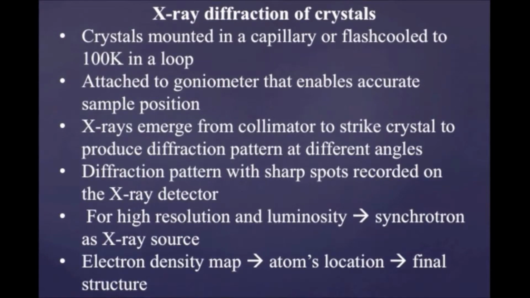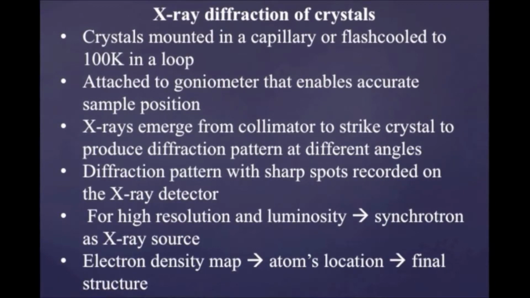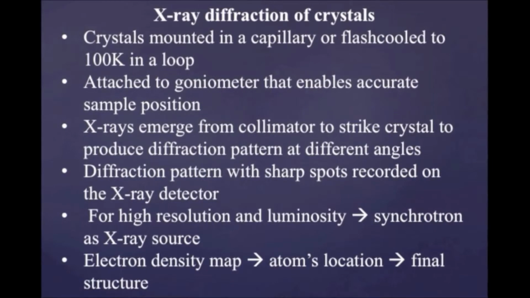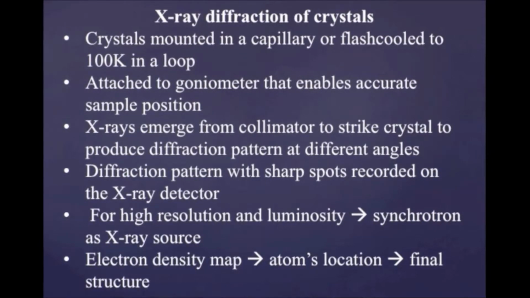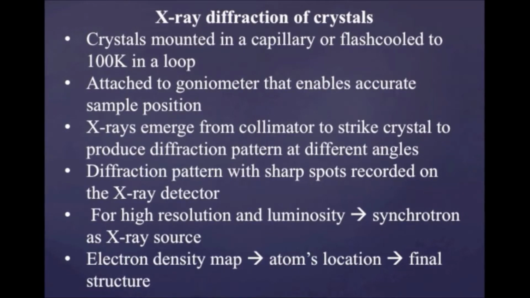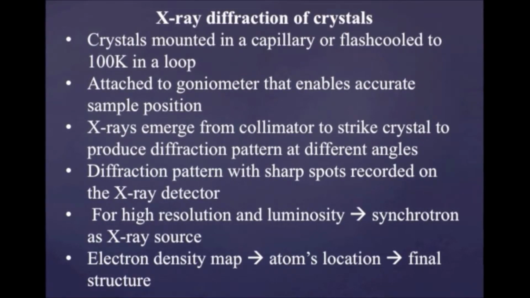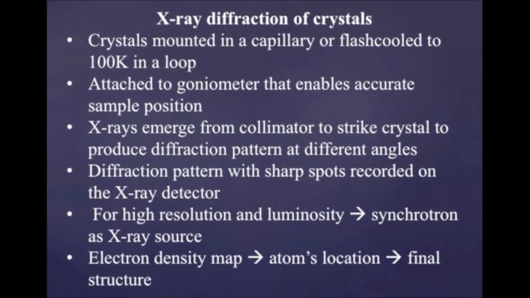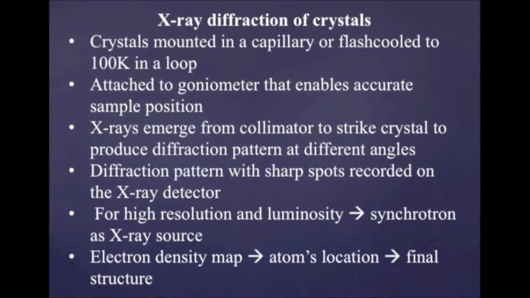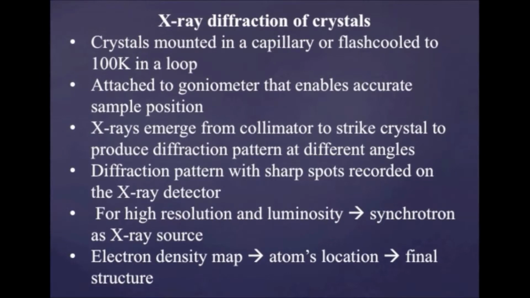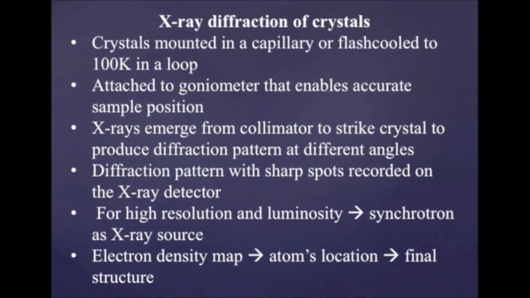They are further attached to a device called a goniometer to enable an accurate position for the sample. It is needed when X-ray beams are emitted from a narrow tube called a collimator to strike onto the crystals. The goniometer changes the sample angles from 30 degrees to 180 degrees to produce diffraction patterns at different angles. The diffraction pattern gets created by sharp spots with their relative intensities and gets recorded using regular photography film by an X-ray